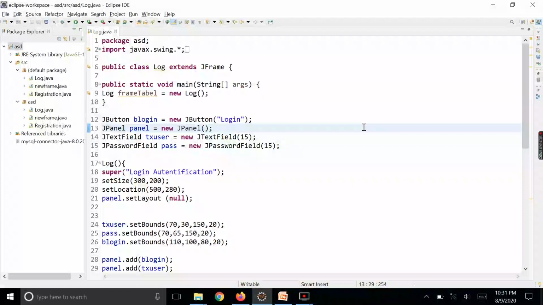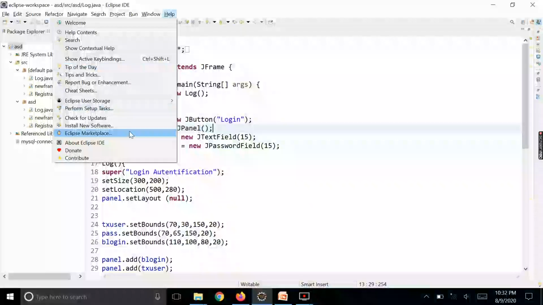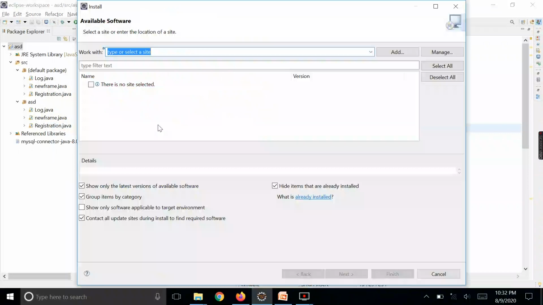If you want that kind of project, then within the existing mini project we have to add the Windows Builder plugin. How to add this Windows Builder plugin? In your Eclipse, you have to go to the help section, and within the help section go to install software.